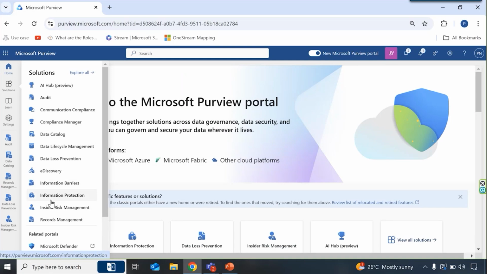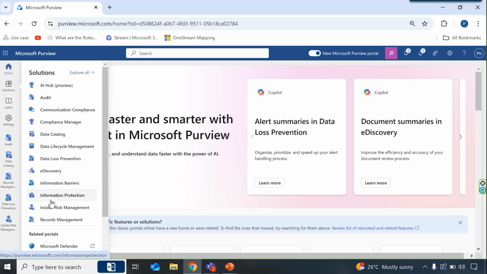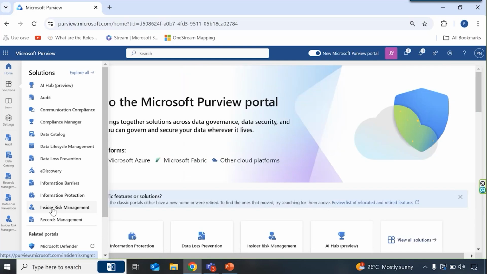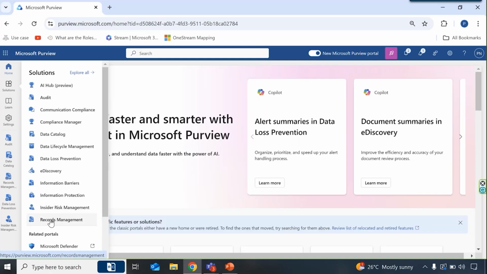Protection, the information protection part of it kind of helps keep sensitive information safe, right? Helps with that information protection and ensures only authorized people can access it. Risk management monitors employee actions to spot potential risks, right? And records management, it ensures records are kept and disposed of properly, helping with compliance and organization, right? It manages records through its entire life cycle,